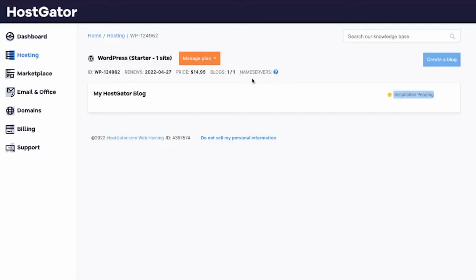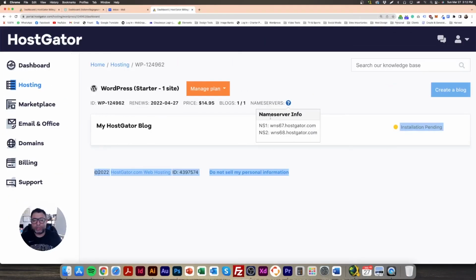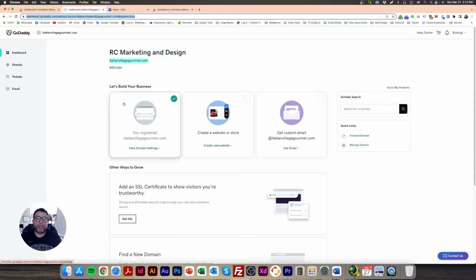We have to go here under name servers, okay? And for the name servers, we have two pieces of information here, the NS1 and the NS2, okay? So let me zoom in a little bit so you can see NS1 and NS2. All right, so based on that information, we need to copy both